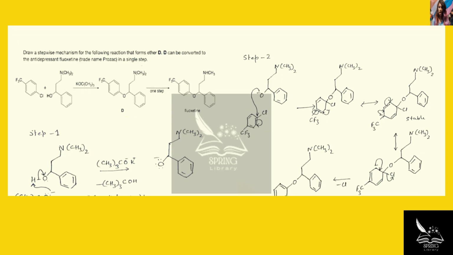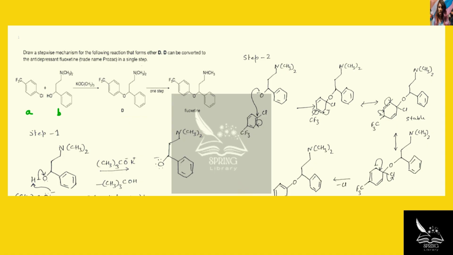Here the question is, draw a stepwise mechanism for the following reaction that forms ether D. D can be converted to this antidepressant fluoxetine, trade name Prozac, in a single step. So this reaction is given and we have to give the mechanism for the formation of this D, starting from,